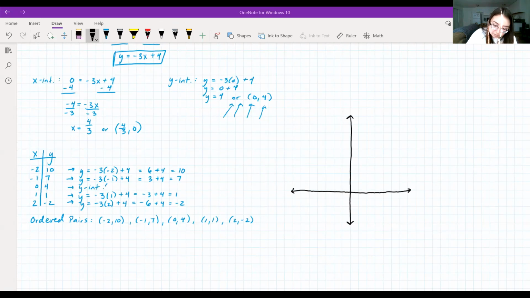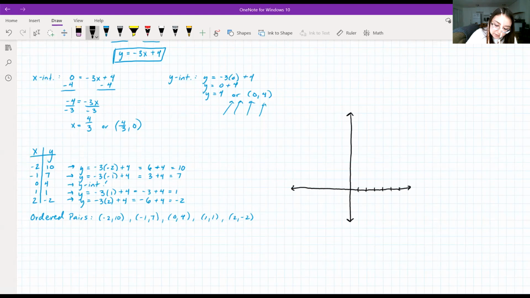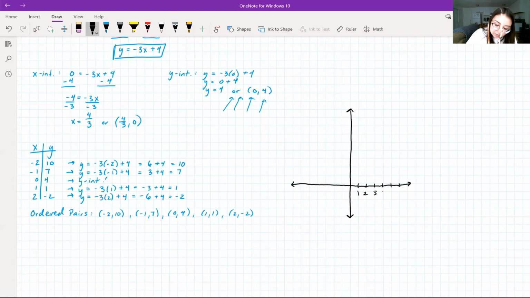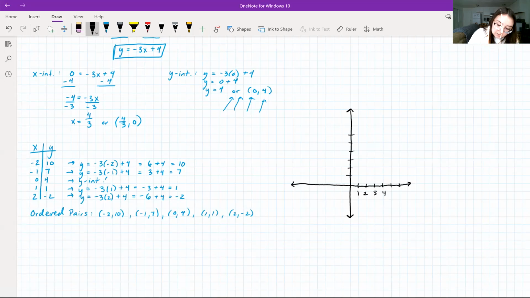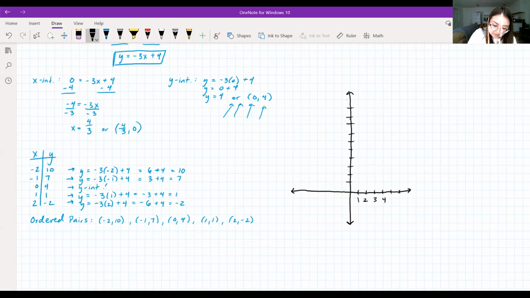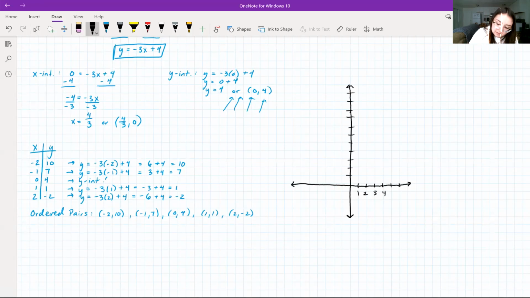And then we can label, so we make our notch marks here to represent our values. This will be 1, 2, 3, 4, and so on. 5, 6, 7, 8. Oh, I was so close. Okay, let me extend this a little bit more. So that's 8, 9, 10, 11. There we go. And we're going to have a couple notches here